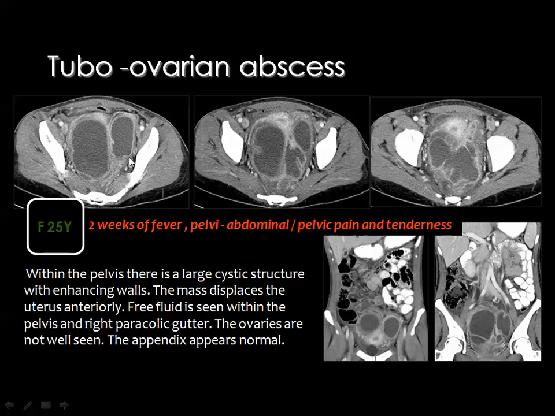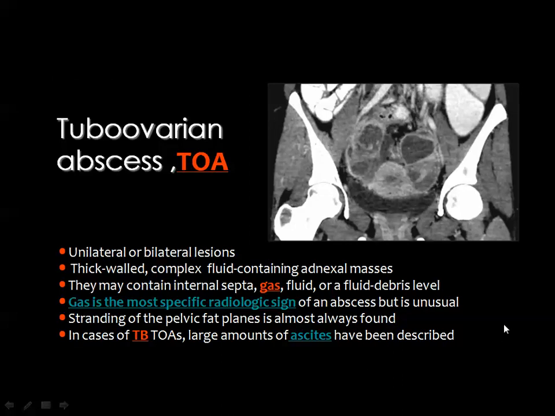The margin is of uniform thickness. There may be internal loculation, as you can see here, and this is bilateral tubo-ovarian abscesses. Abscesses may be unilateral, may be bilateral, and of course, one of the stigmata of abscesses is